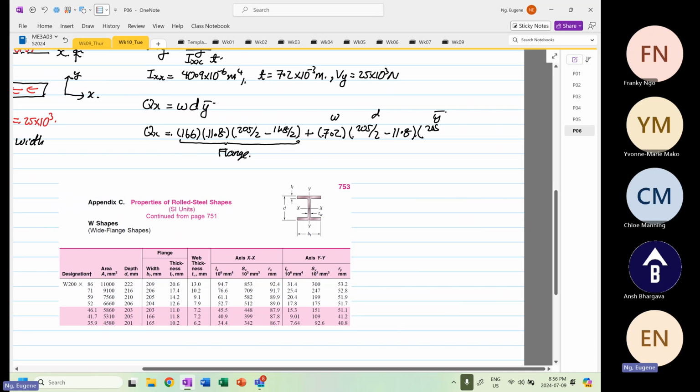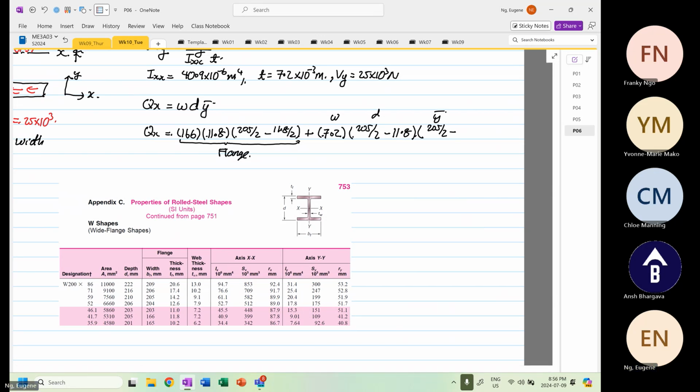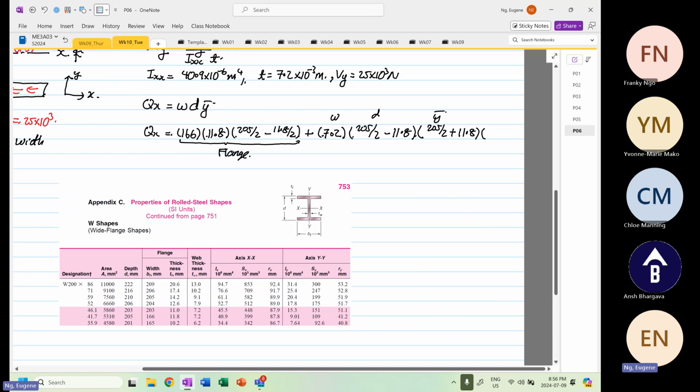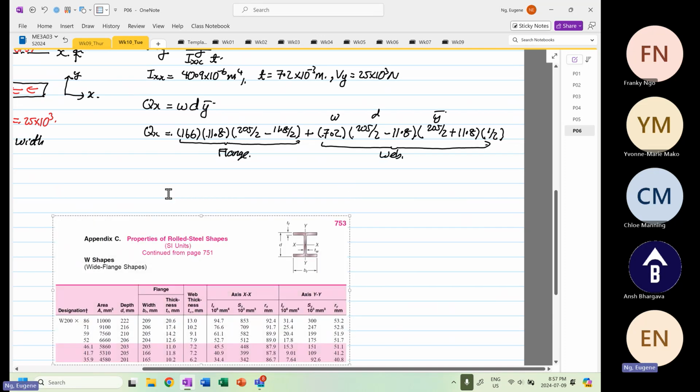So this is 205 divided by 2, minus 11.8. Wait. Y bar is 205 divided by 2. Sorry, not minus, it is plus 11.8 multiplied by half. I'm using the standard form, or the formula that we use to calculate the centroid now. So this is for the web, okay, so from here we have